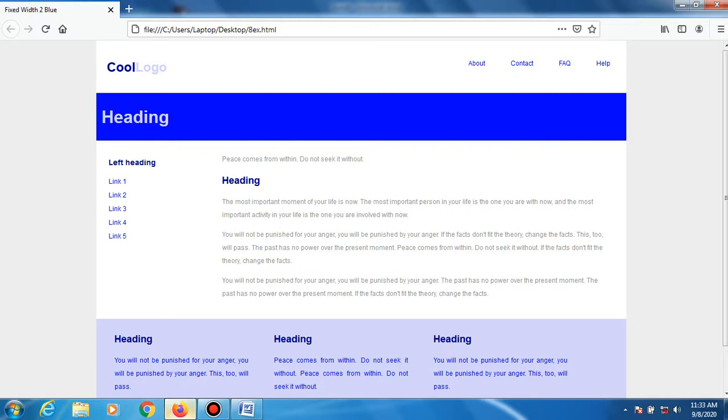As per the demands of the user, the name, the heading tags, the logos and menus, etc. can be changed.